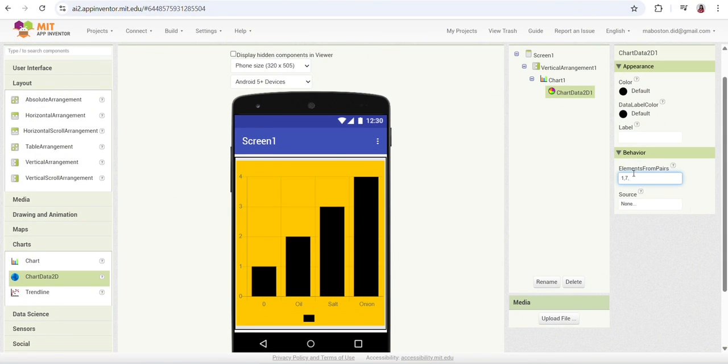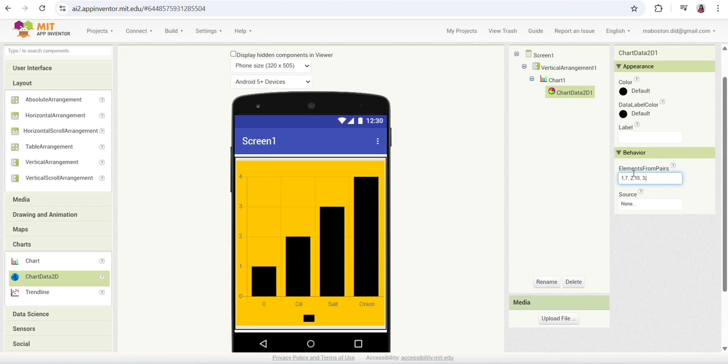For your second value, we have salt. How many people demanded to use salt? For example, 10. For the third bar, we have onion.